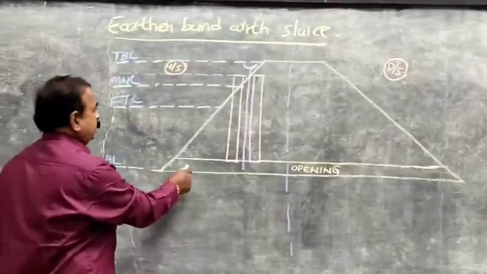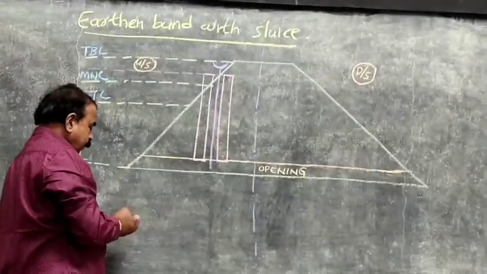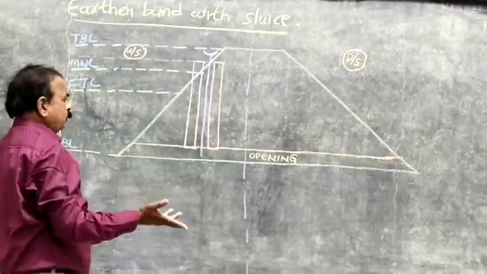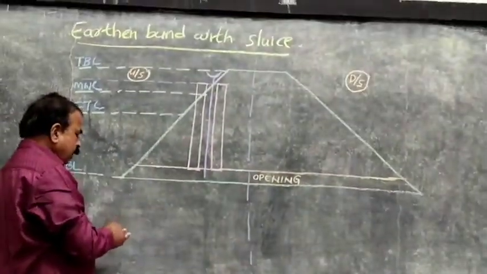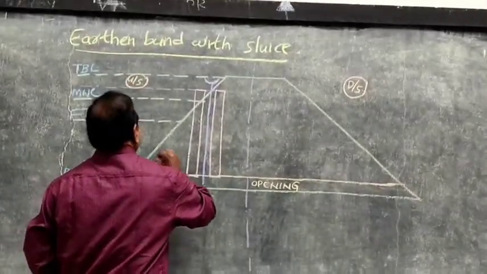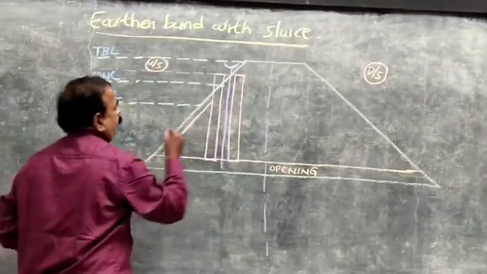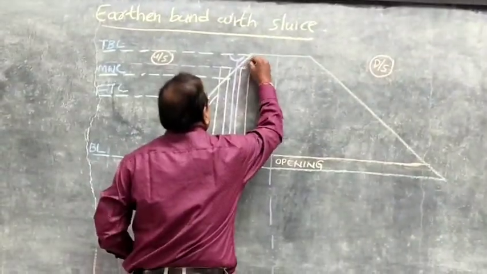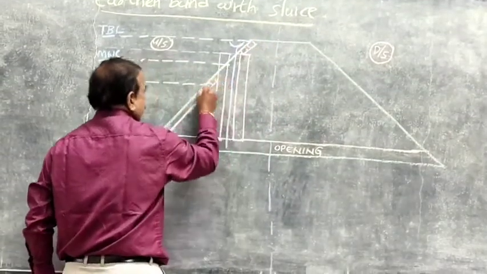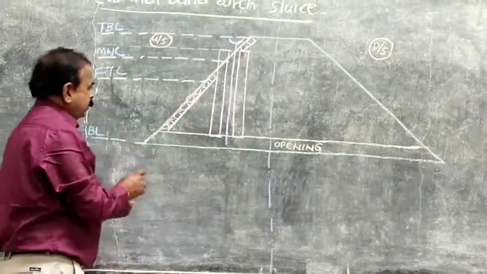And come to again this part here. When you draw this, in some of the cases they have taken pitching inside also. We can take pitching inside also. There is no hard and fast rule. We can even take pitching inside also. We can take pitching here. If you take inside pitching, and then that can be taken up to this edge, pitching. It is the pitching level. You can extend, and it will be rested here.